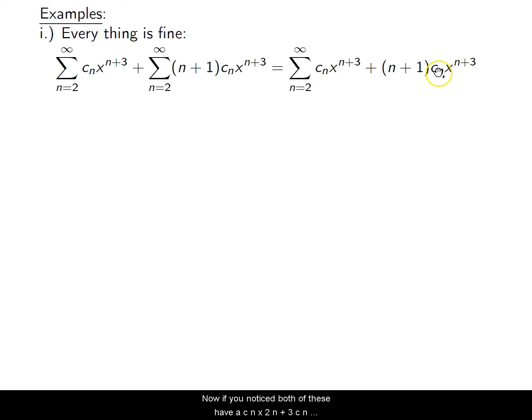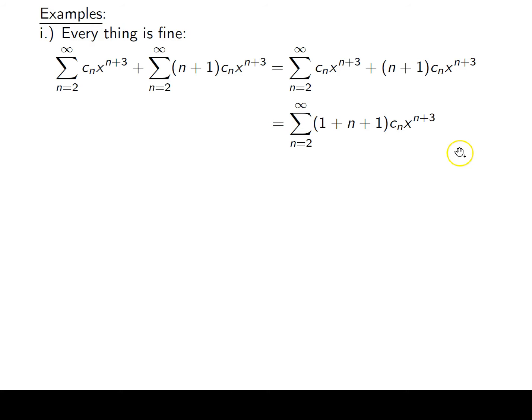Now, if you notice, both of these have a Cn x to the n plus 3. So this simplifies very nicely. I can pull those out as a common factor because they're in every single term, basically. And so I have n plus 2 times Cn x to the n plus 3. So when everything matches up,